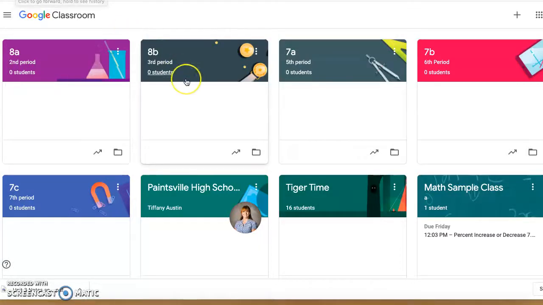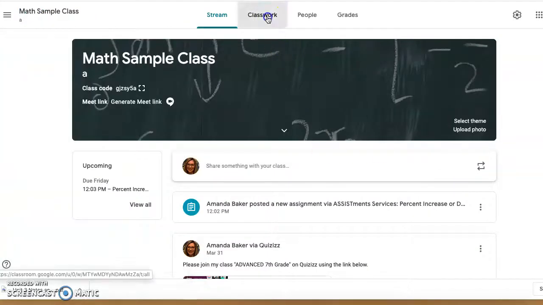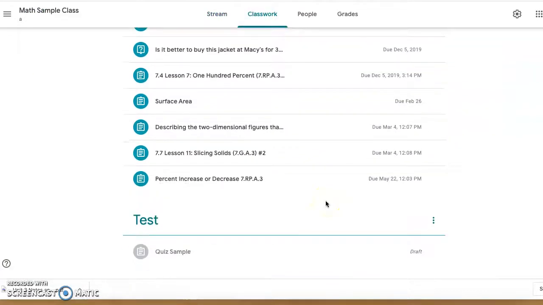Okay, I want to show you about this cool program that's great for math class. It's called Assistments.org, but I want to show you how it works with my Google Classroom. It doesn't work with eTiger because it doesn't flow into it and grade it for you in eTiger, but it does with Google Classroom. So this is one of the many reasons that I have decided this year to switch from eTiger to Google Classroom. So I've set up this math sample class, and there's lots of different things in here, but this is one of the,